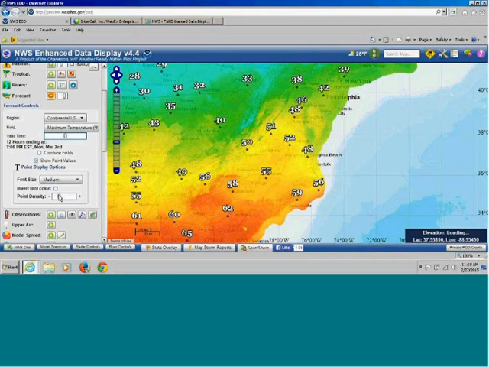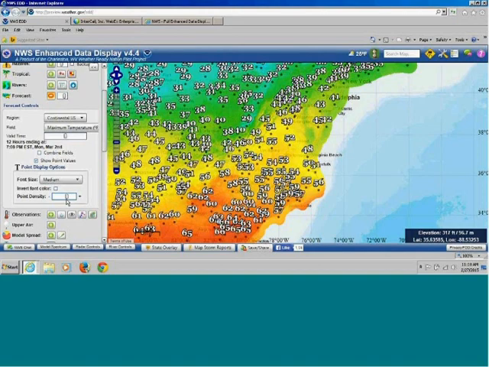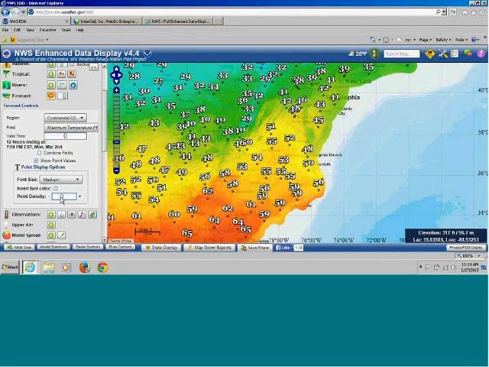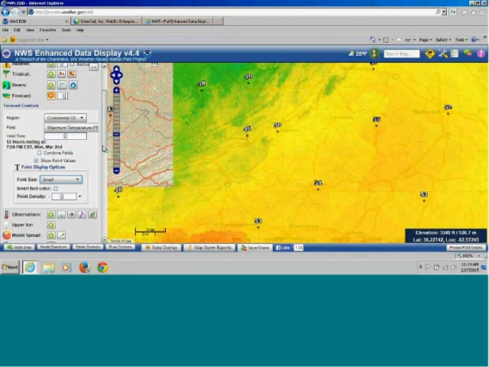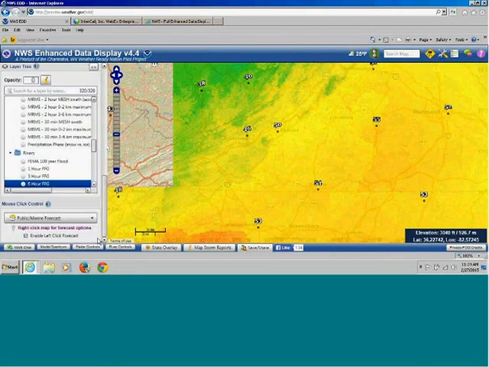and again, if you want to change the density of the point values, if you want to see more than just Richmond and Roanoke, slide this bottom slider bar and you will see the density increase with time. If you want to make the font sizes smaller, click small. And if you want to zoom in to get a closer view of the forecast for a specific area, you can do that by zooming in on the map feature, but you can also go into the layer function below,